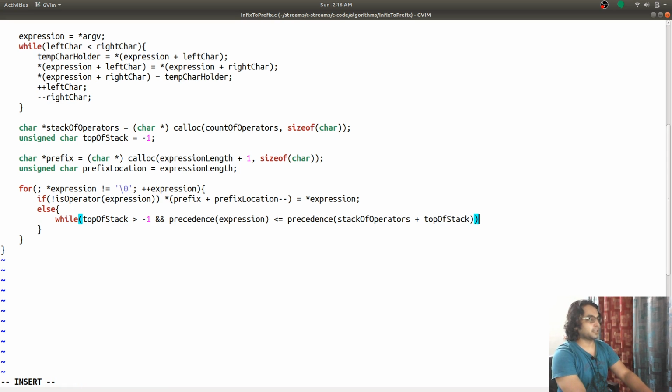I'm saying that we check the operator at the top of the stack against the operator that I'm holding right now in my hand, to see whether the operator at the top of the stack has higher precedence.